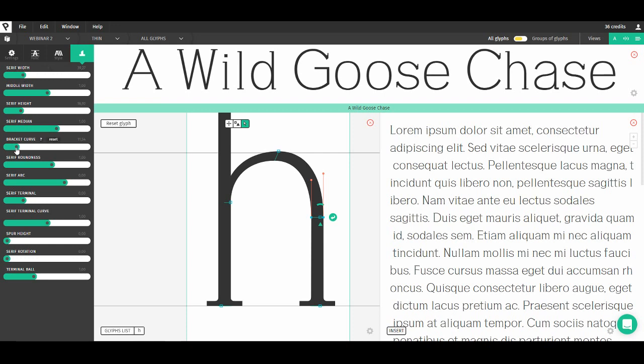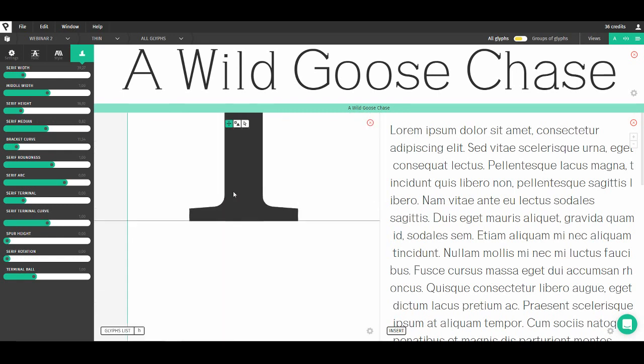And I'm gonna remove a bit of median. Serif median is what controls the shape of the serif, if it's wider or narrower at the end than it is at the beginning against the stem. So I'm gonna just remove it a tiny bit,